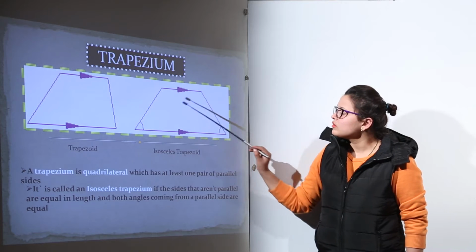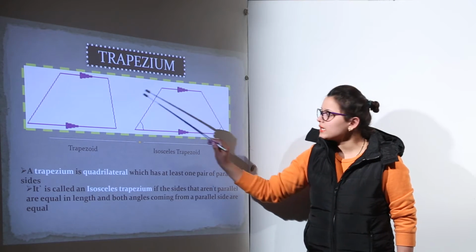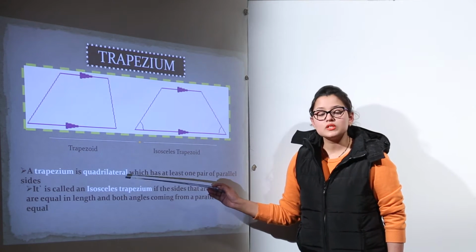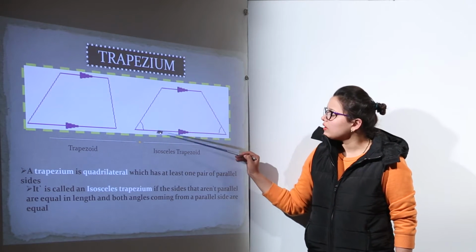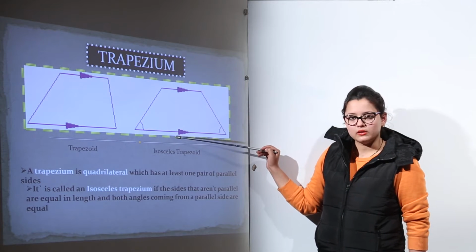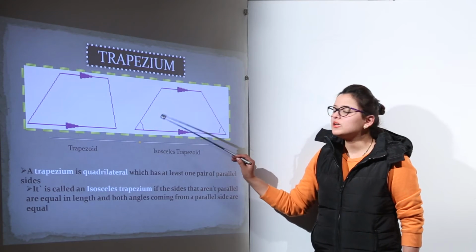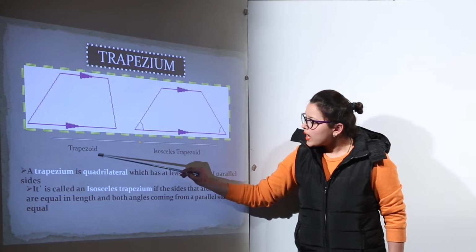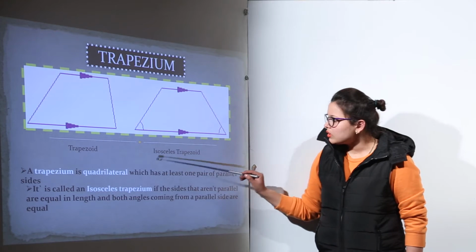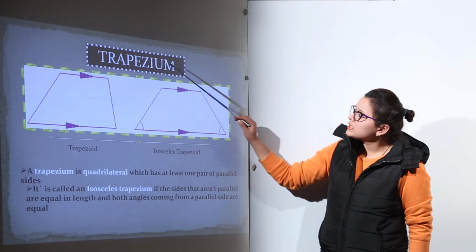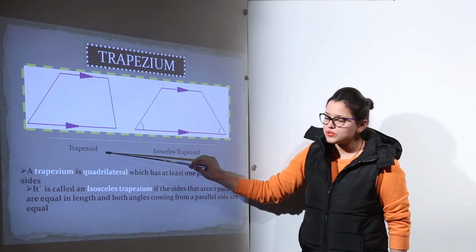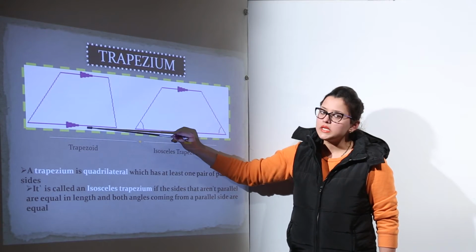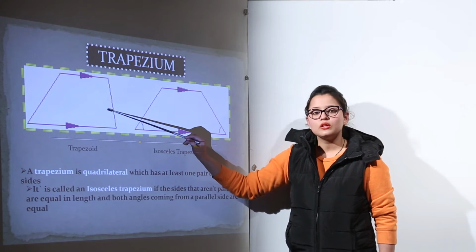Now, the other pair is a non-parallel side in both the cases, right? So, a trapezium is any quadrilateral which has at least one pair of opposite sides parallel and the other two sides are non-parallel. Now this is known as a trapezium, but why is it called trapezoid or isosceles trapezoid? Now see, a simple trapezium can be called a trapezoid, that is it has one pair of sides parallel to each other and the two other sides are non-parallel.